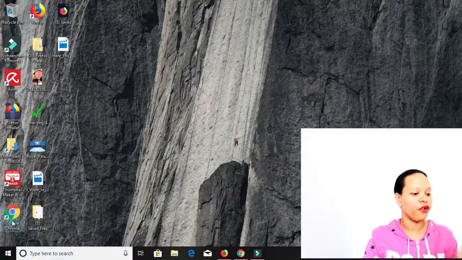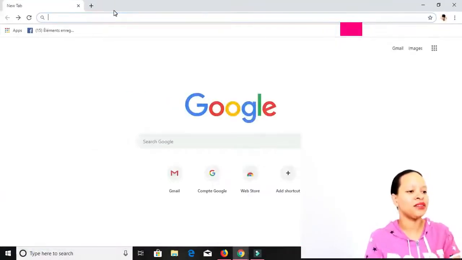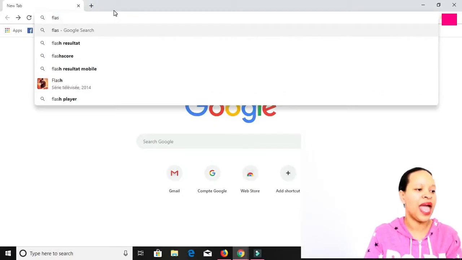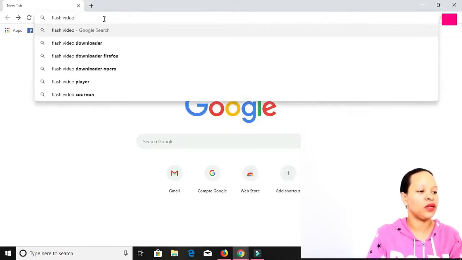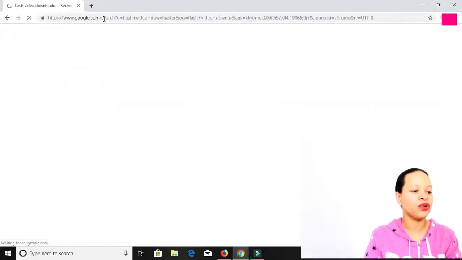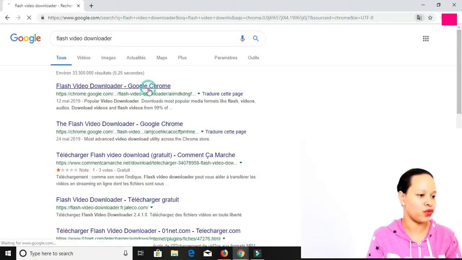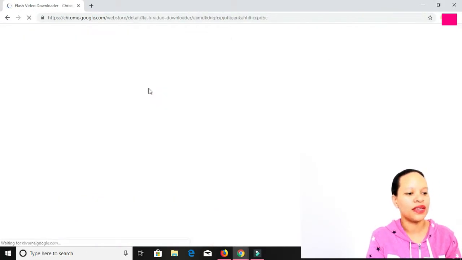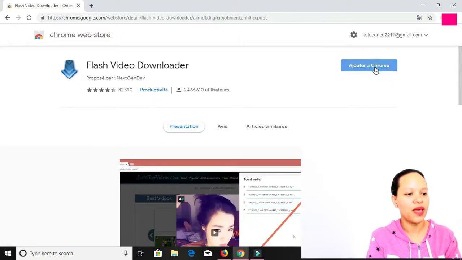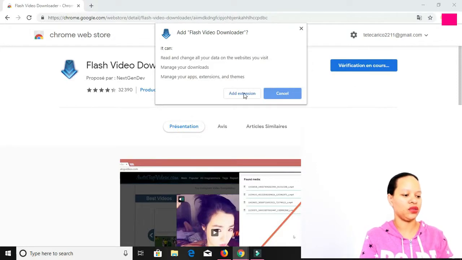Guys, the first thing we do is go into Chrome and open it. Once it's done, we go into the search and write "Flash Video Downloader." Once it's done, look, we click on the first one at the top. Then, guys, look, we have to press download and add extension, because we need that for